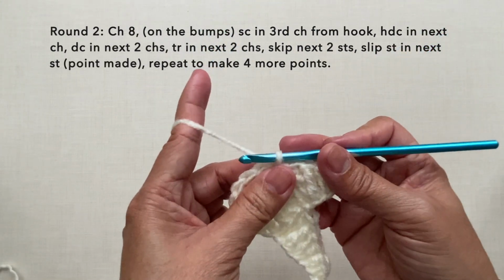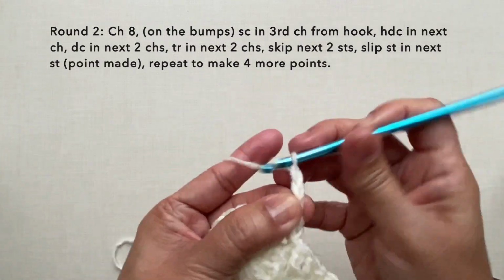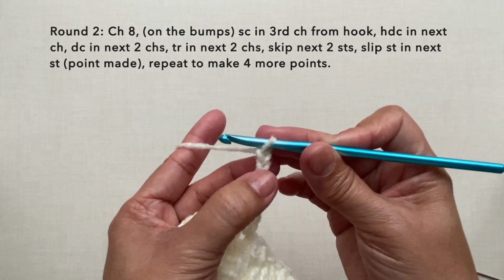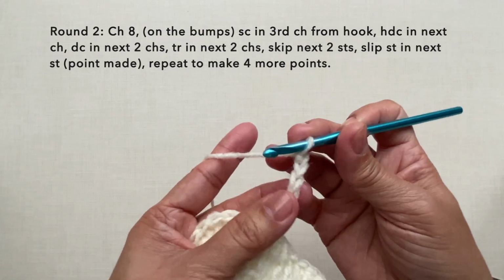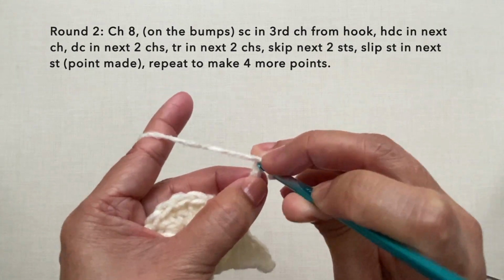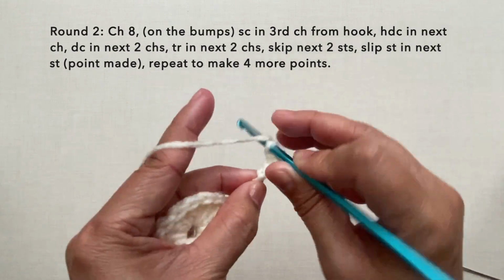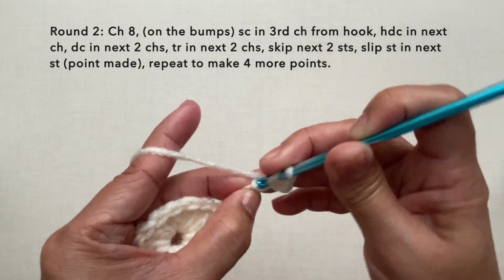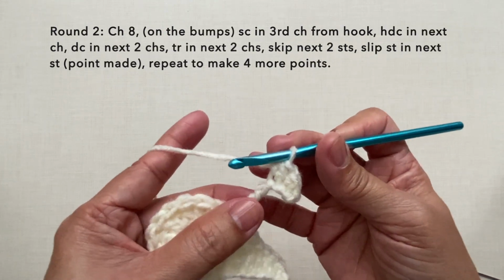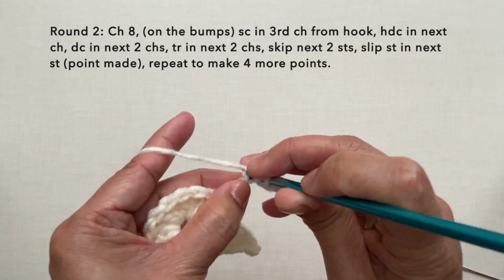Repeat, chain 8, 1, 2, 3, 4, 5, 6, 7, 8. Single crochet in third chain from hook on the bump right here. So single crochet, half double crochet in the next chain on the bump right here, double crochet in the next 2 chains on the bump again right here. So this is double crochet,